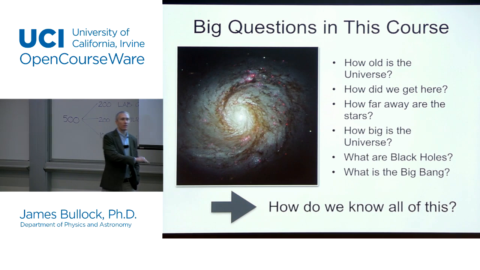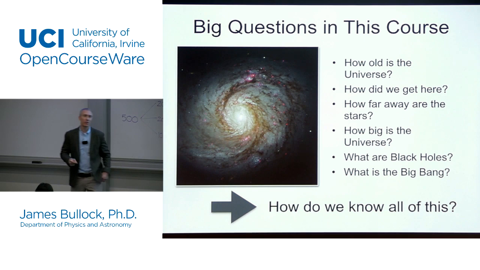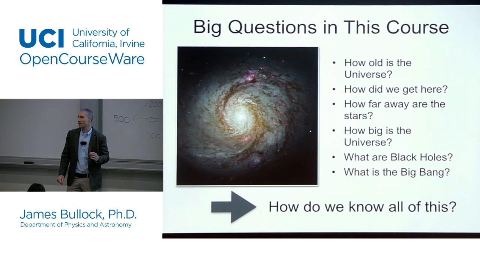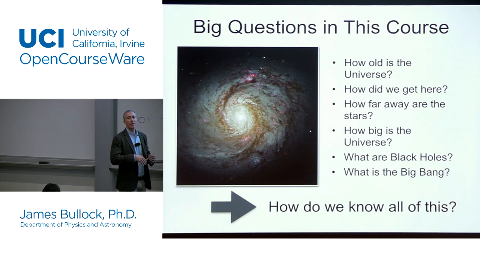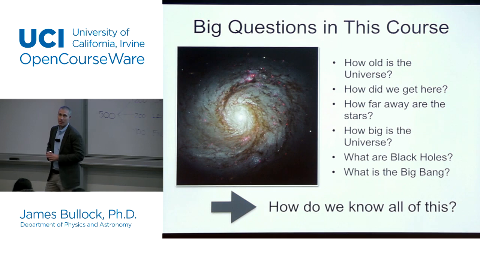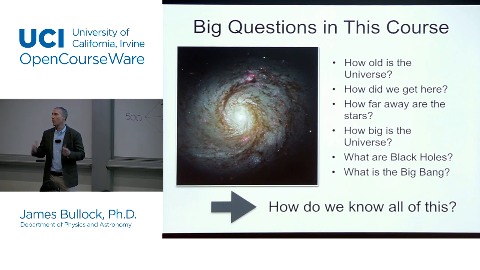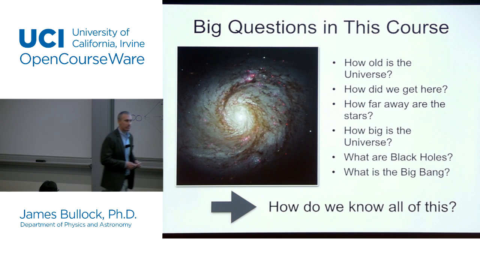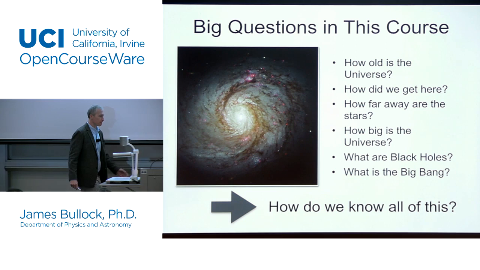We've spent a lot of time and energy. If you think about it, the course of more or less all of human history has been an effort to try to look up in the sky and figure out what it means. So there have been a lot of people thinking really hard for a very long time and now applying the full power of the scientific method to this question. So how is it that we're able to figure out the answers to these questions, and what is the limit of our current knowledge? So that's the context of what we're doing in this course.